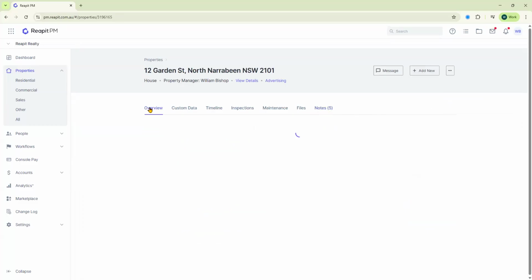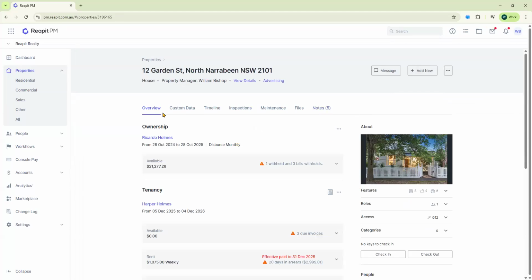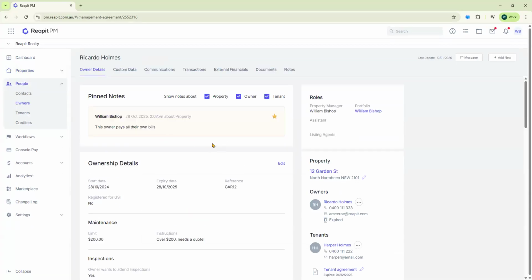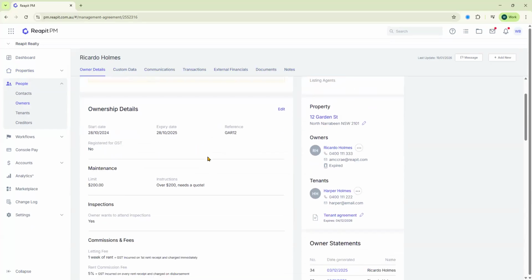All right, now navigating back to our overview, we're now going to check out the owner of this property by clicking on the owner's name from the overview screen. This opens up the ownership card. Now, the ownership card has a similar design to the property, with tabs across the top where we're going to find more information and an overview of the owner on the main page here. Now, as we go down the page, you'll be able to see